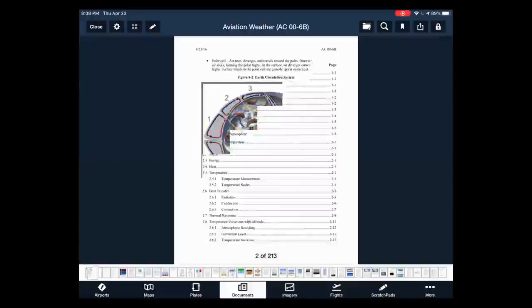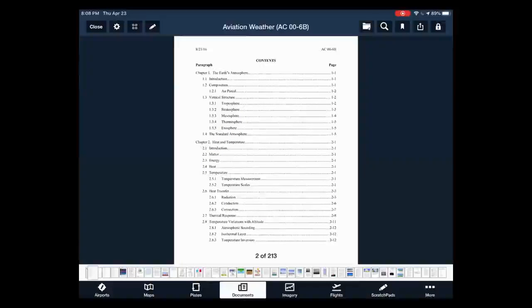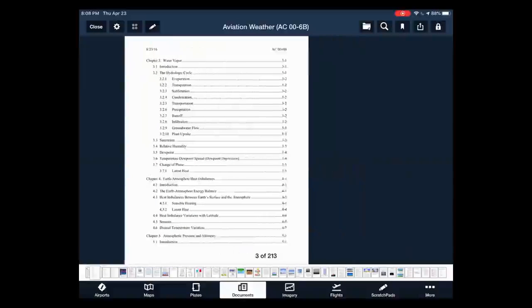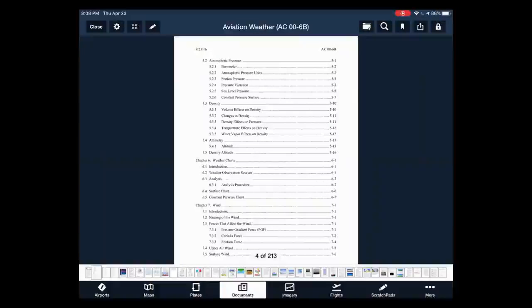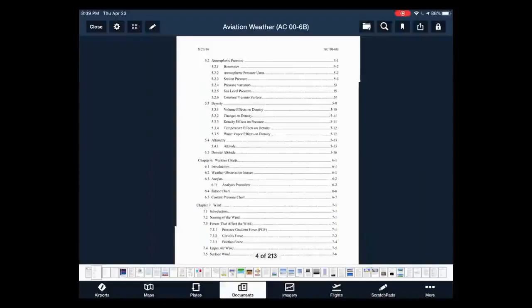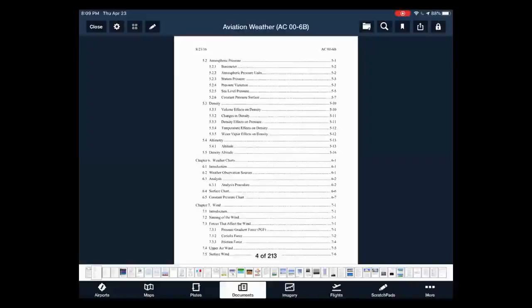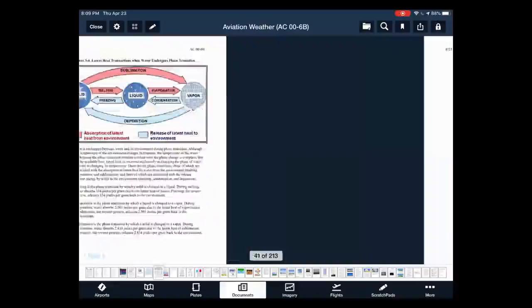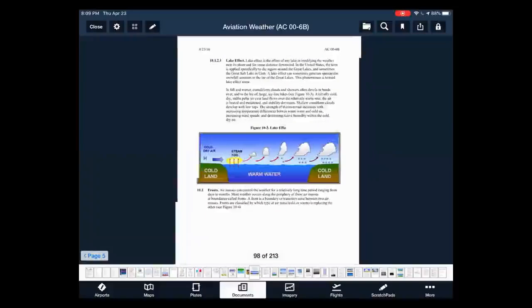So once again, let's do a little bit of legwork together and go to the table of contents. What we're looking for, of course, is some type of descriptor in relationship to fronts, right? Because that's what we're talking about. So we can see that they get into things like earth, atmospheric heat imbalances. Before that, we've got water vapor, the hydrologic cycle that we'll get into a little bit later, atmospheric pressure, weather charts, wind, global circulations, jet streams, chapter 10, air masses, fronts, wave cyclone. So we'll go here, and then we're going to jump ahead a couple pages to what I want to look at